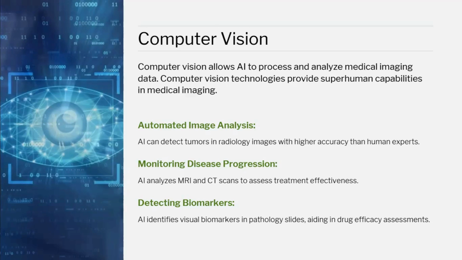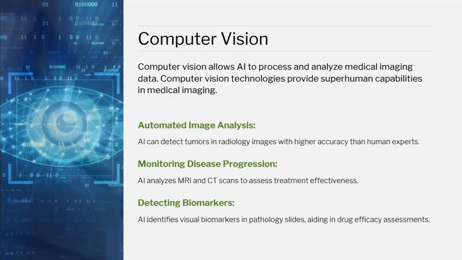Computer vision technology provides superhuman capability in medical imaging. Suppose, as I told you, there is a minor development of a tumor in any patient, and through a CT scan it may be possible that a human cannot detect it, but AI can detect that yes, there is a minor growth or minor reduction in that. With automated image analysis, AI can detect tumors in radiology images with higher accuracy than human experts. And for monitoring disease progression also, the AI analyzes MRI, CT scans and PET scans